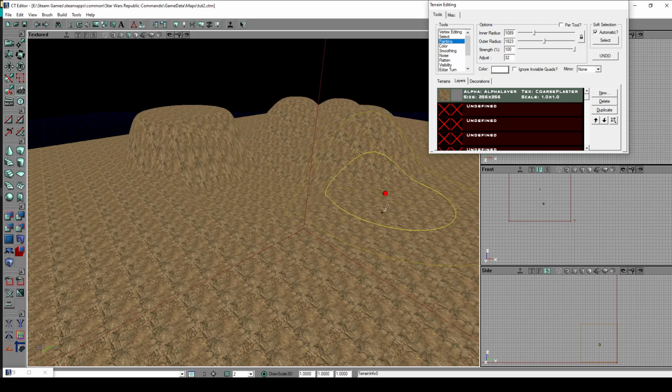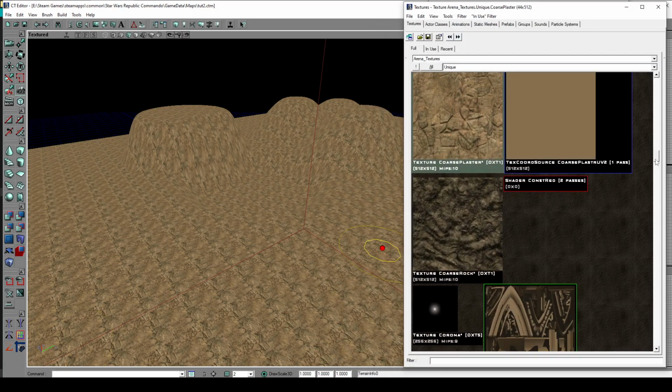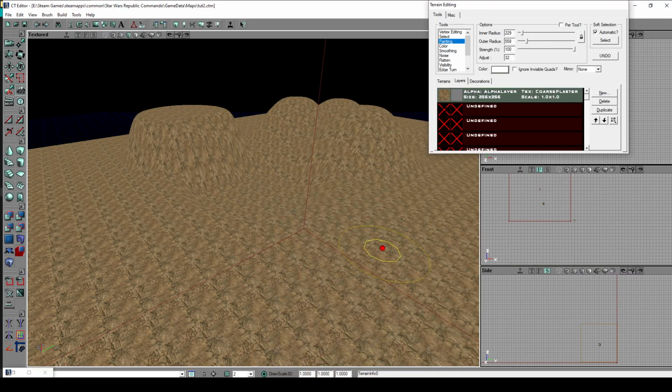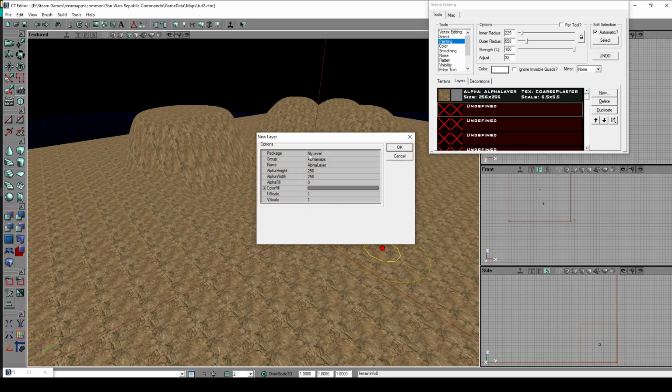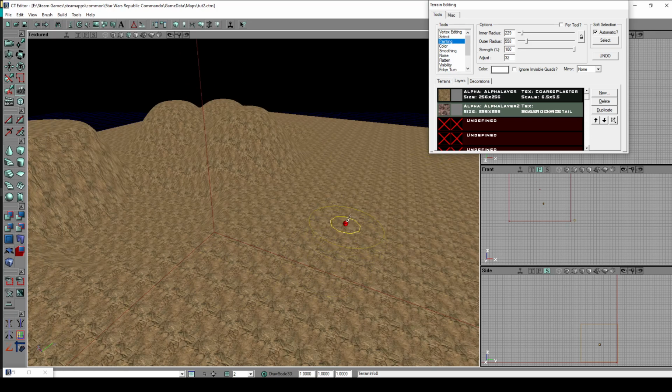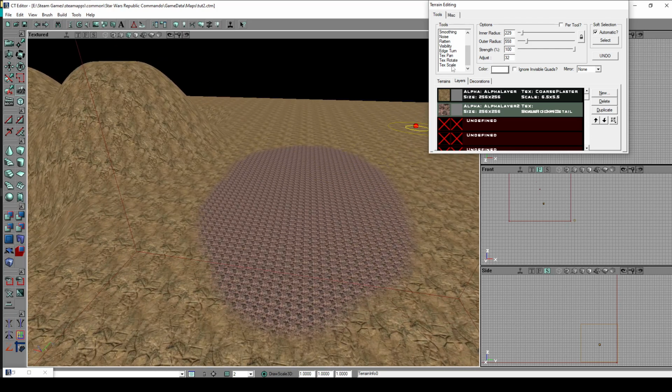There's also painting. Painting is, as the name implies, you can paint another texture onto the base ground layer. The way you do it is you select a new texture you want to paint over. Just choose this one, for example. You select the second layer or a new layer, click on New again, change the names, and with the paint tool you can paint over the ground level by holding Control and then the left mouse button. You can paint over, and again, it doesn't look good,